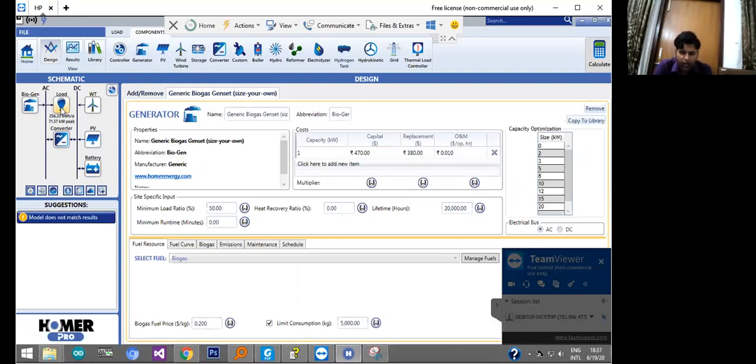This software is to find out, like earlier Kuldeep, you asked which capacity will be suitable. You have one building, you know how much energy is required, but how to calculate what the capacity of renewable energy system components will be suitable, like how much solar you have to install, whether 100 kilowatt, or 5 kilowatt, or 10 kilowatt. This software will automatically calculate and give you the capacity and also the price. Only thing is, you have to fit in your load demand.